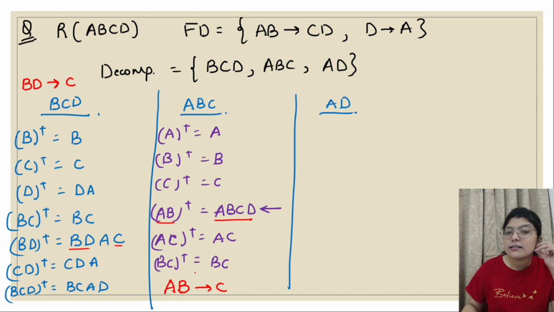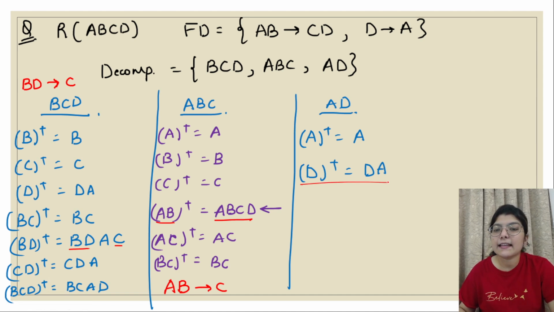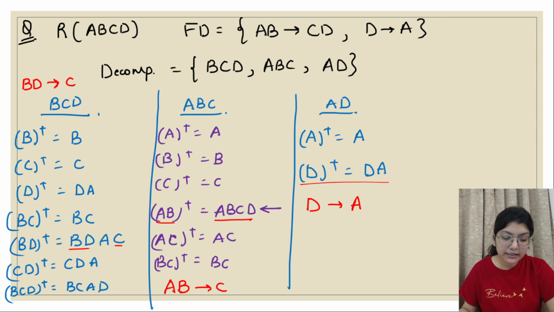Yes. Then next I have AD. So next what I'll do, I'll find the functional dependencies of this sub-relation. So A closure, you will get what? A only. Then you have D closure, you will get what? DA. Next, nothing else you have. So from this I can say that from D I am getting A. Now I will check whether I am getting the dependencies or not. So first I am receiving this D to A. Yes, so I will say that this one is what I am getting.